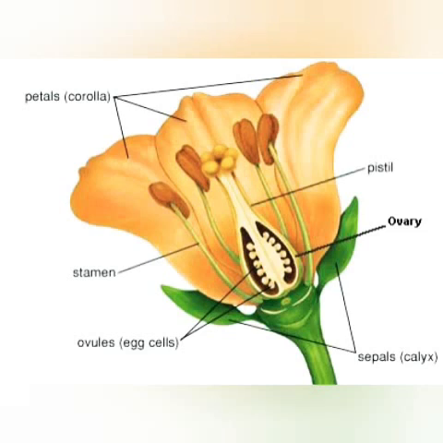So these male reproductive cells will make contact with the female reproductive cells and will result in the formation of seeds. That is why we call flower as the reproductive part of the plant, because it forms seeds, and seeds will result in the formation of the new plant. So the male reproductive cells are stored in the anther and they are known as pollen grains.